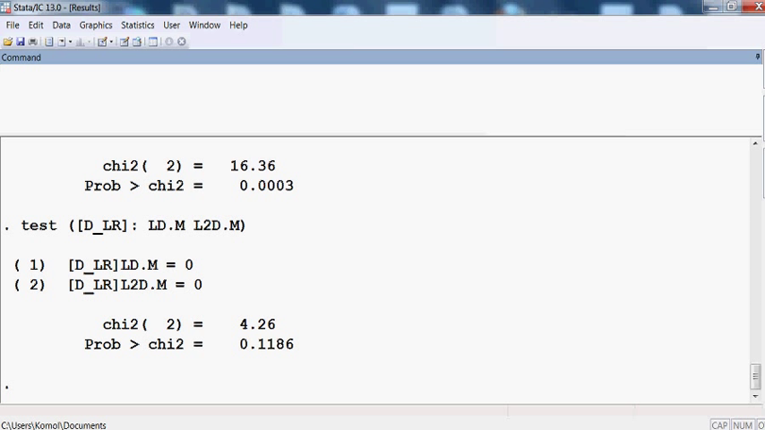Okay, here you can see, so that is the null hypothesis, chi-square value, corresponding probability. The probability value is 11.86%, meaning that it is more than 5%. So we cannot reject the null hypothesis. Rather, we accept the null hypothesis, meaning that they are 0. LD, these two variables are 0,